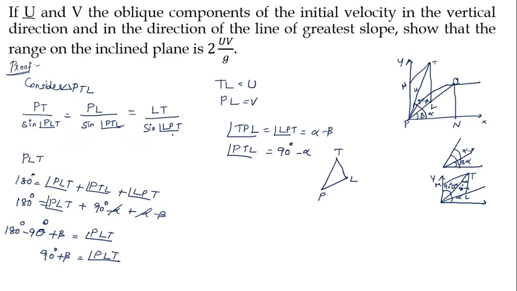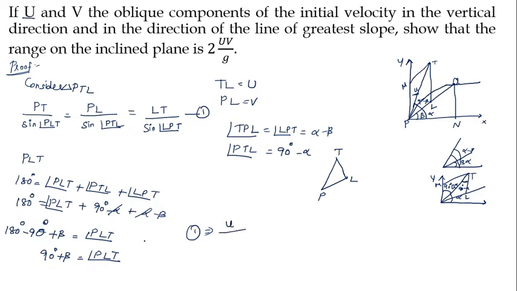So we found our PLT, our PTL and LPT. Okay. In the next slide we are going to substitute all these things. I am considering this as equation 1. So I substitute here itself, then we'll move to the next slide. So in the first equation, what is your PT? Your PT is nothing but the initial velocity u, which I have mentioned here. So it is small u divided by, what is the angle PLT?